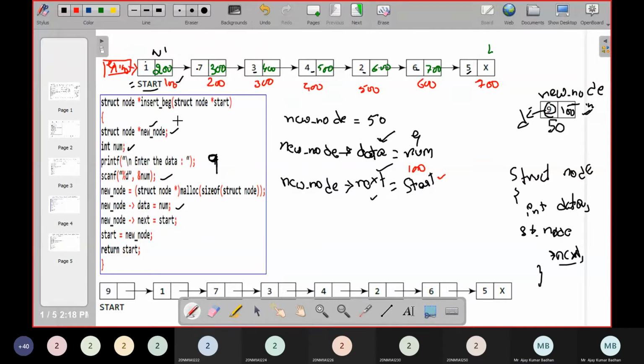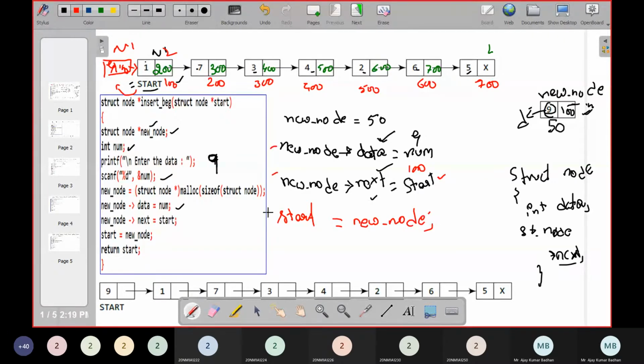Now, if you see here, as I told you, this is your first node, this is your second node. Now the start should be pointing to the first node. So I have to bring this start to this particular location. How can I bring it? It's very simple, right? Start equal to the address of the node, and the address of the node is present in what variable? New node variable. Simple. So within these three steps you are able to create.